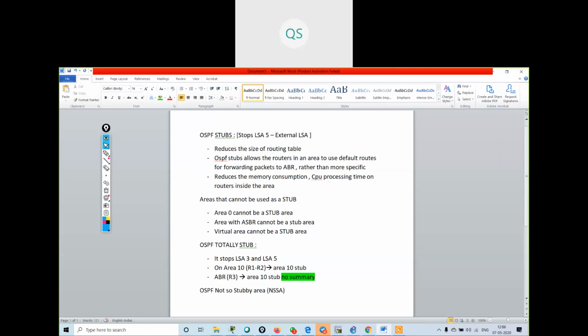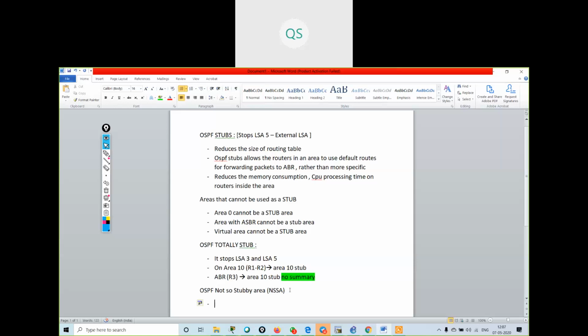Whatever rules we were having in stub, these rules will be broken by this NSSA. See what rules we were having: an area with ASBR cannot be a stub area. Now, in this NSSA, we can have the ASBR area also as a stub area.